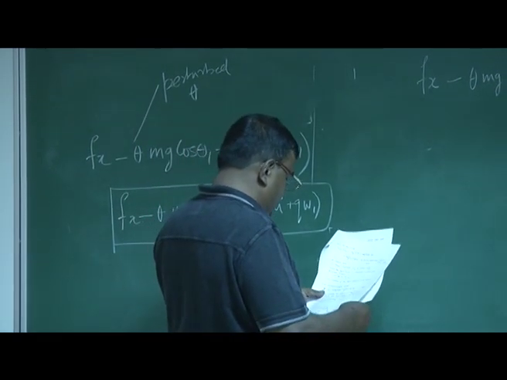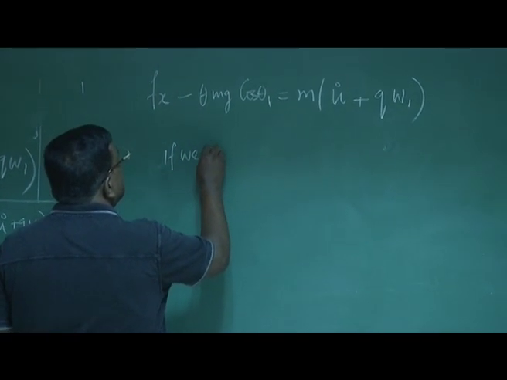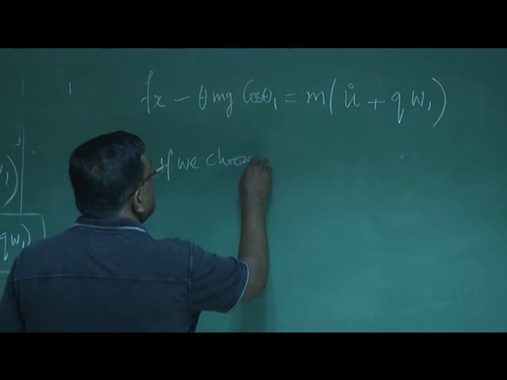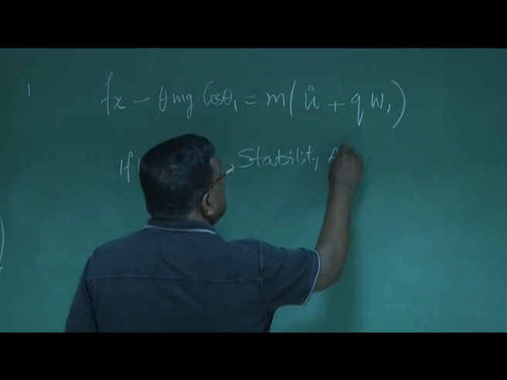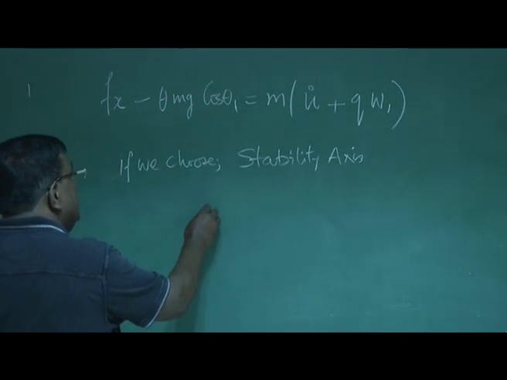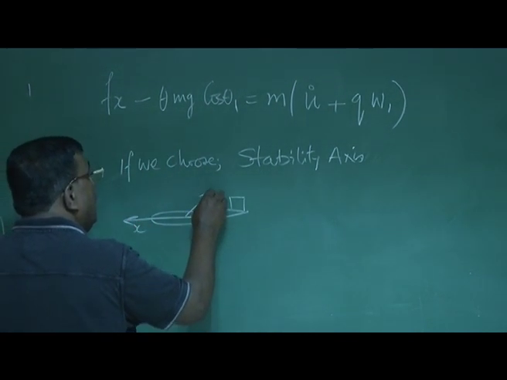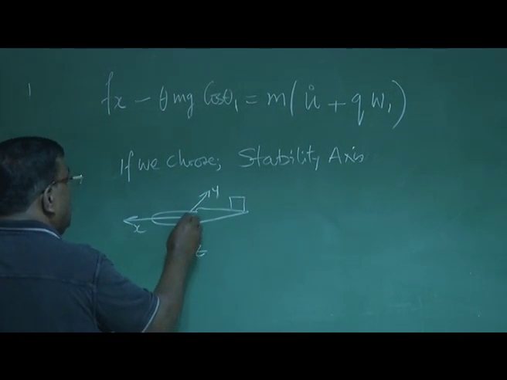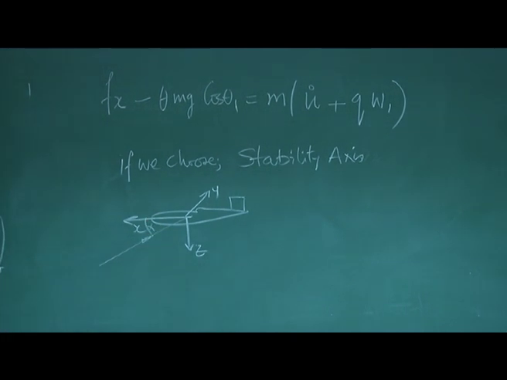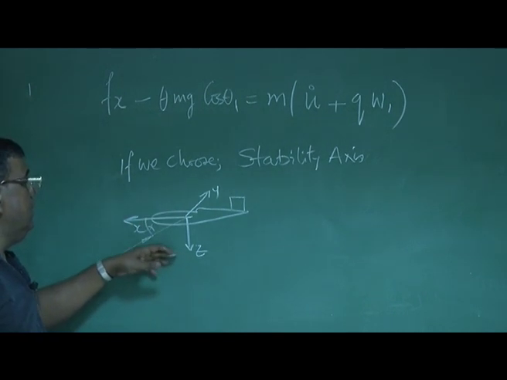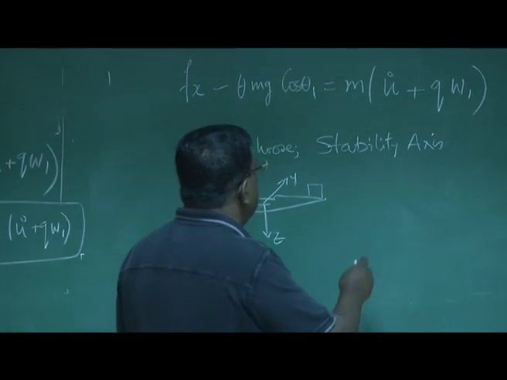Okay. Now, there is a trick we will do. If we choose stability axis, what is the stability axis? You see, this is the airplane, okay? This is your x, this is the y, and this is the z. Now, relative air velocity is something coming like this, so that is why you have got alpha. Now, whenever you want to find forces along x, y, z, you have to take components, right? Like this. But now, if I choose a stability axis